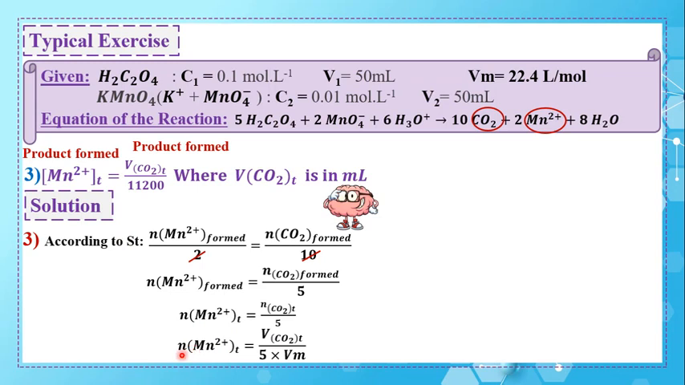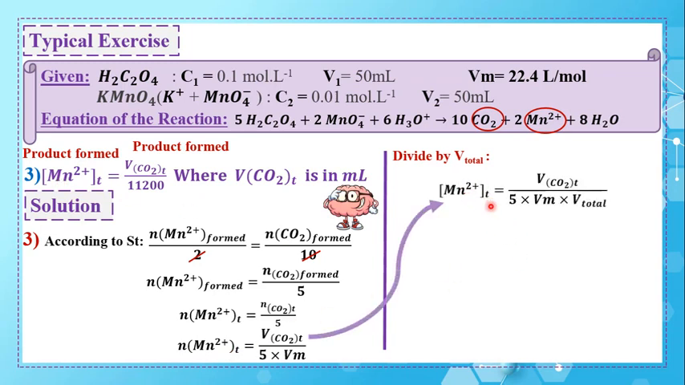I still have to convert N into concentration. How? By dividing by V total. The number of mole divided by V total will give me the concentration of Mn2 plus at instant T. And here I have to put V total since I don't have number of mole to put concentration. Let's put these numbers in their values, but we have to pay attention here. Why? Since in the given they have told us that the volume of CO2 is in milliliter, so I have